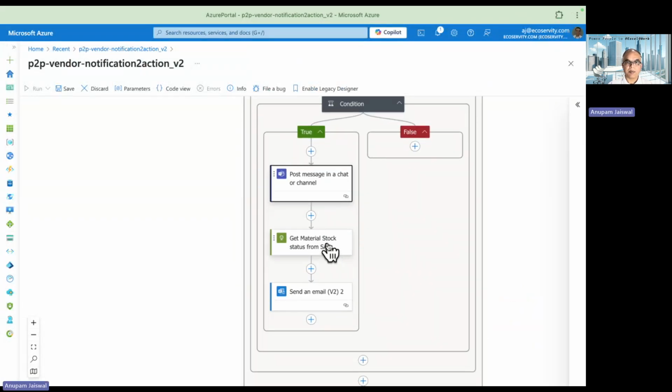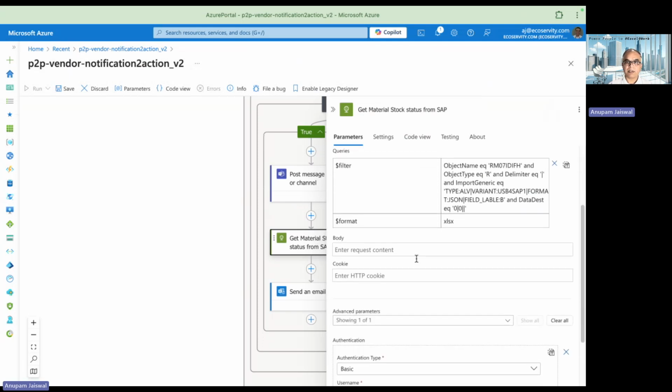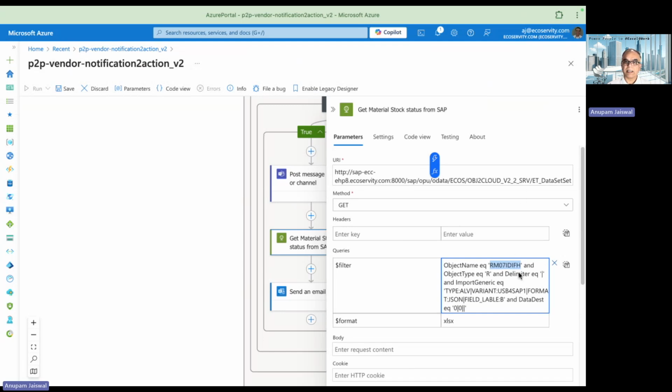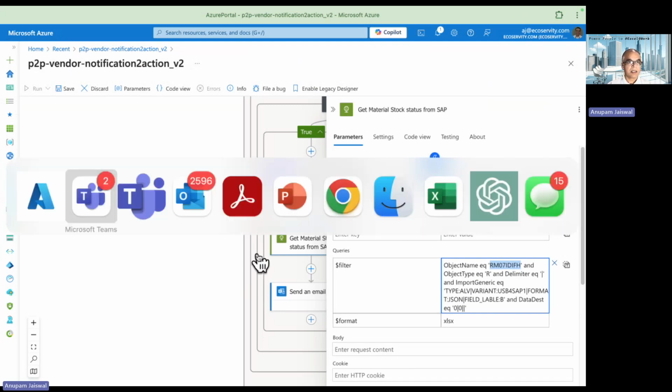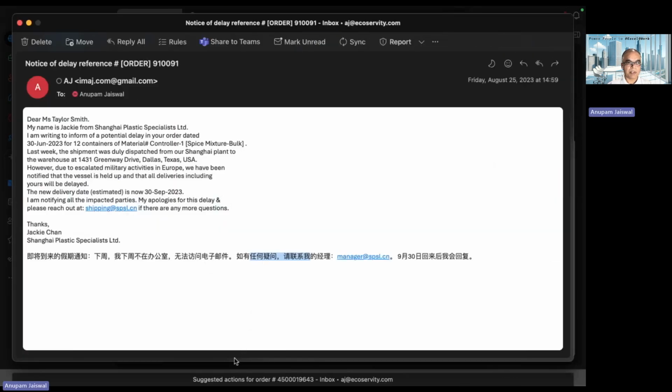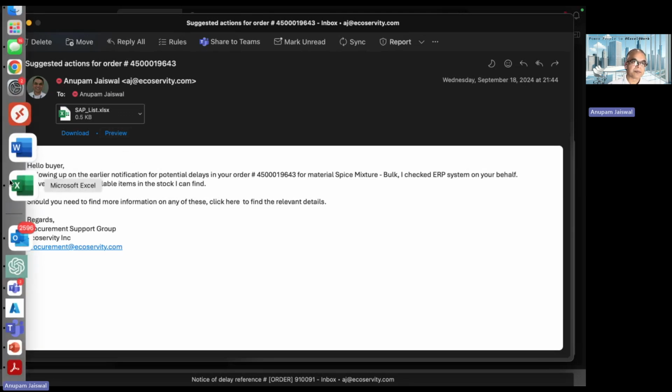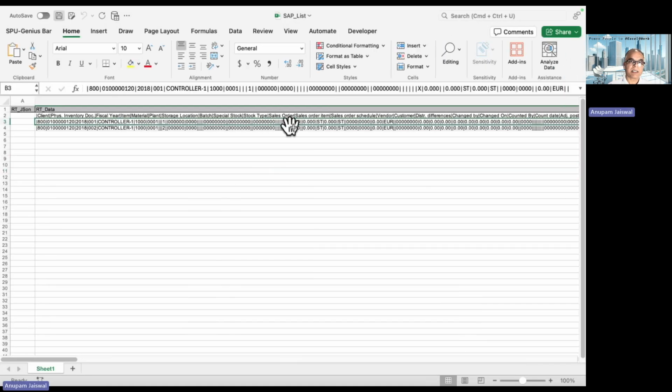is to run a report in SAP to find alternative stock material, which is this RM07IDIFH report, and get the alternative stock and give the user that information. So basically the user is given this list that based on the material you had ordered, the vendor cannot supply on time, but we have found alternative stock, and here's the list which they will get in their Excel for them to consider and reach out to use for their production. All right, so